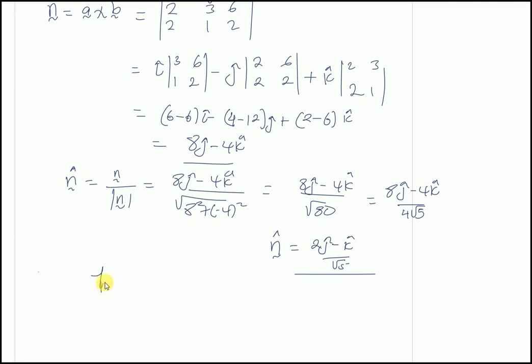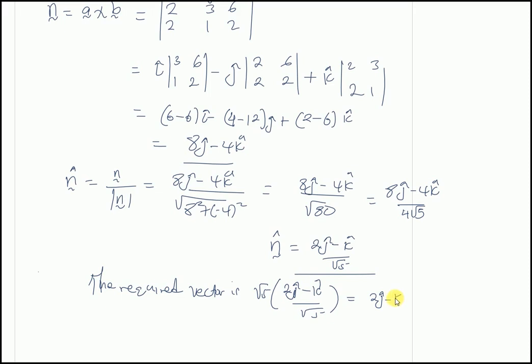That means that the required vector is square root 5 of 2j minus k divided by root 5, which is equal to